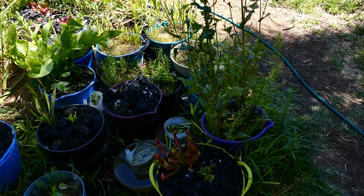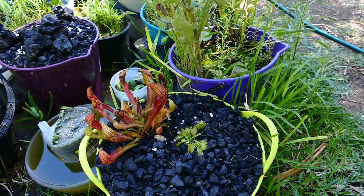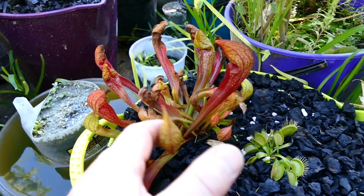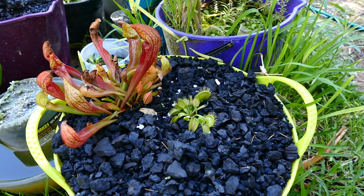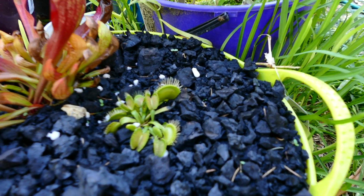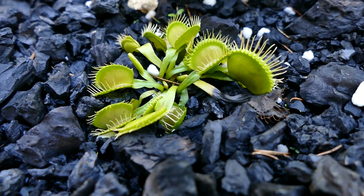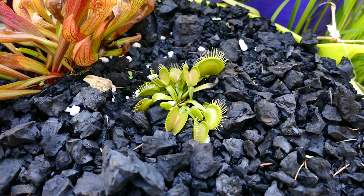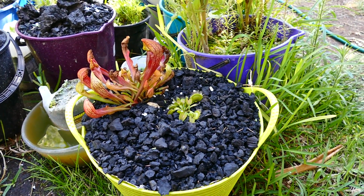Well, I'm pretty happy with this, with stage one basically. If I go to Spot Cullen, I think you'll see why. This is getting really red in there, which we think is a negative, but there may be a reason for that. If I go in close on here, you'll see different angles. There are new traps being formed, but they're very succulent, and for polystyrene and perlite underneath the charcoal, I think